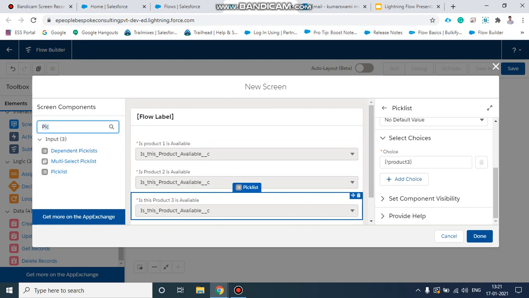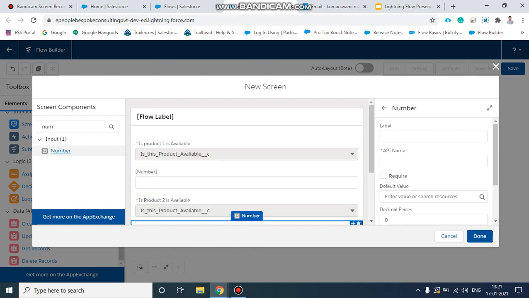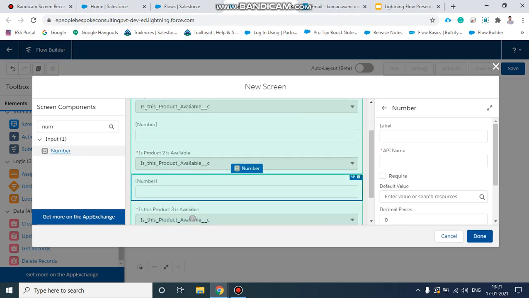Then second, we need to create a capture, we will be capturing a quantity. For that we need to take a number component field, one for product 1, one for product 2, one for product 3.